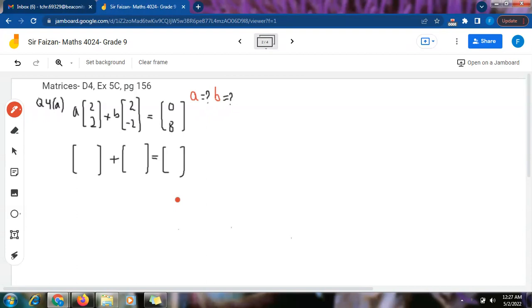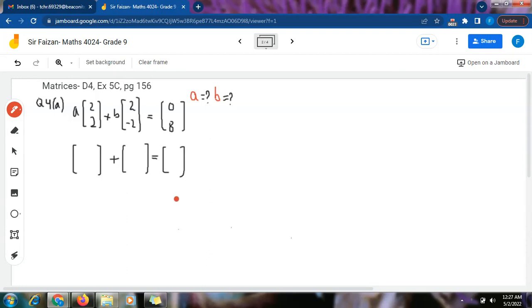This is a question from your book D4 on the topic of matrices. The exercise is 5C, page number 156. This is question number 4, part A. In this question, we have to find the value of the unknowns, that is the value of the variables which